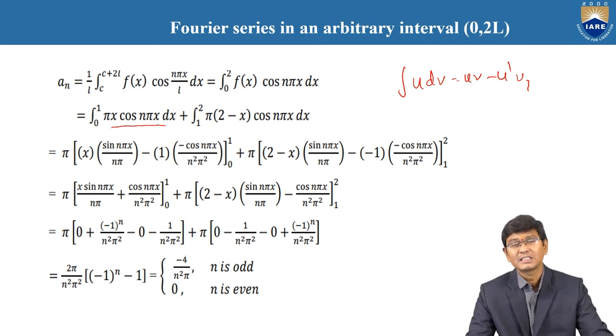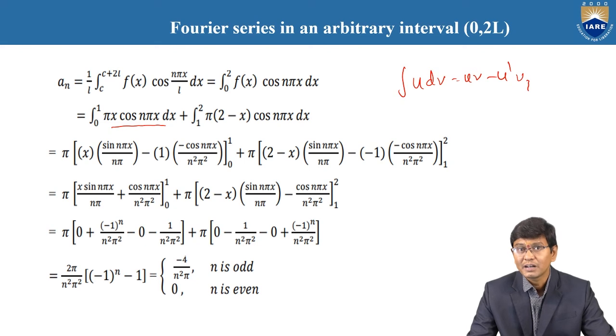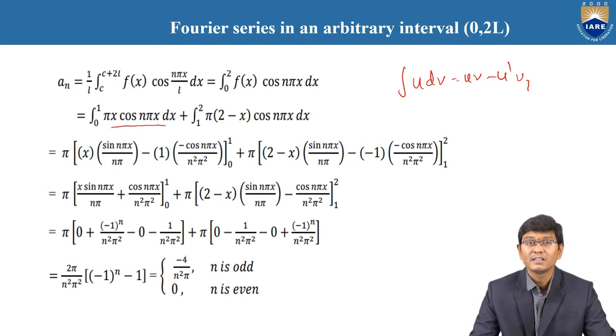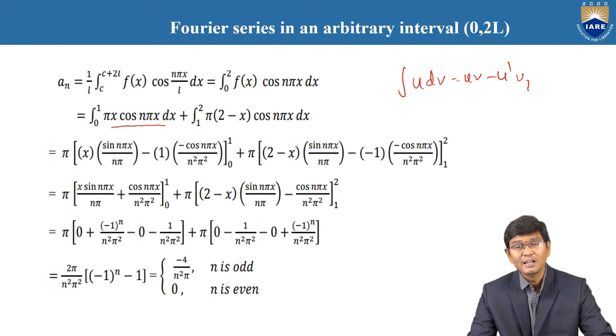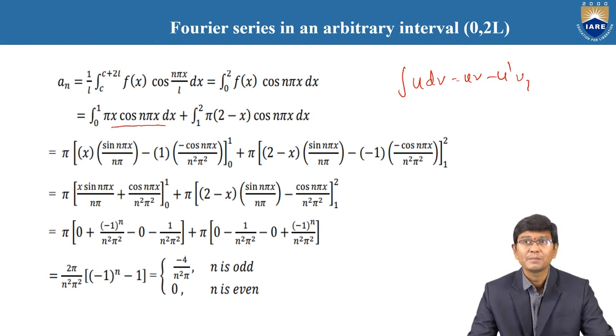Therefore, using the integrating by parts formula once again, 2 minus x is the first part and for the second part, the integration of cos is sin n pi x by n pi, minus the first one's derivative, the derivative of 2 minus x is minus 1, and sin n pi x by n pi integrated is minus cos n pi x by n square into pi square. The limits are 1 to 2 for that second part. Therefore, once again after simplification of the first part and second part, we obtain pi into